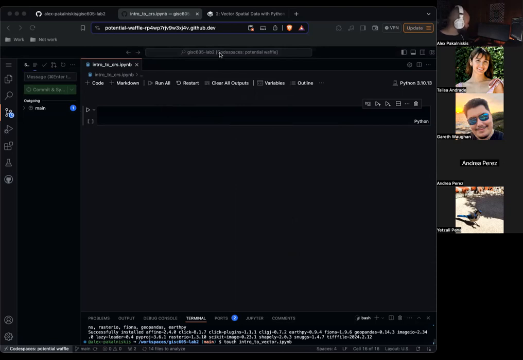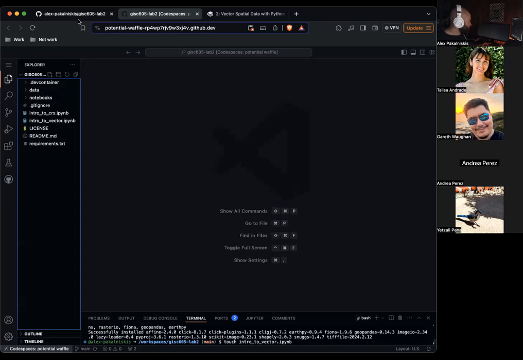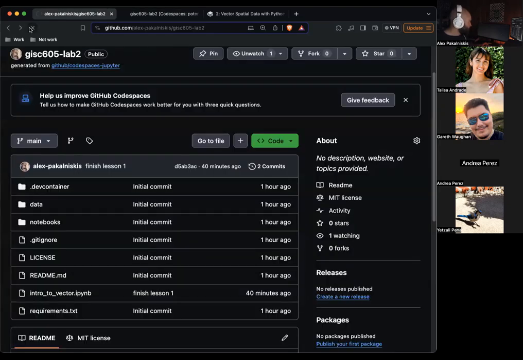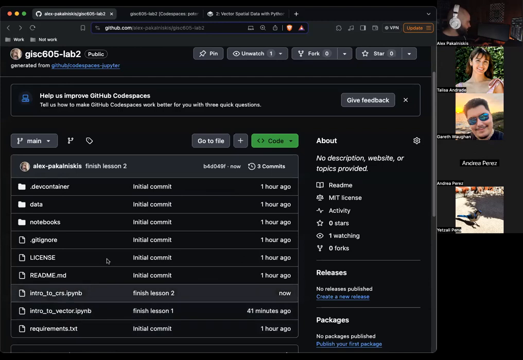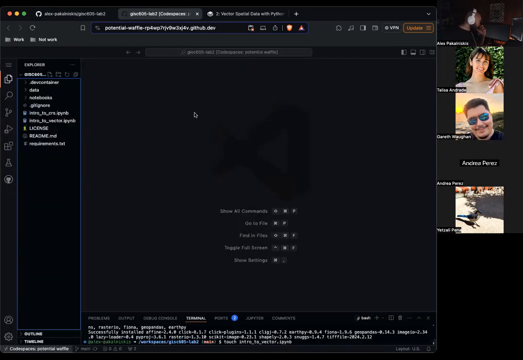It's thinking. Okay, it's done. Now let's just double check that our GitHub repo is updated. Great. Okay. Next, let's jump into geographic versus projected coordinate reference systems.